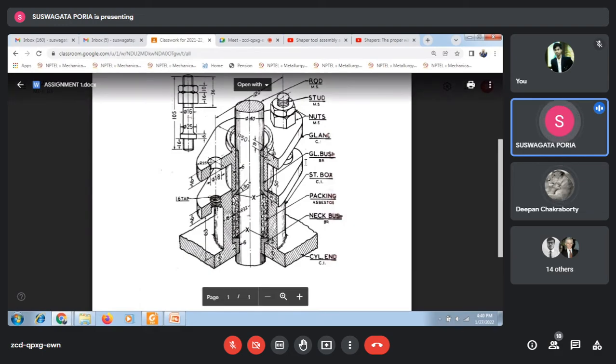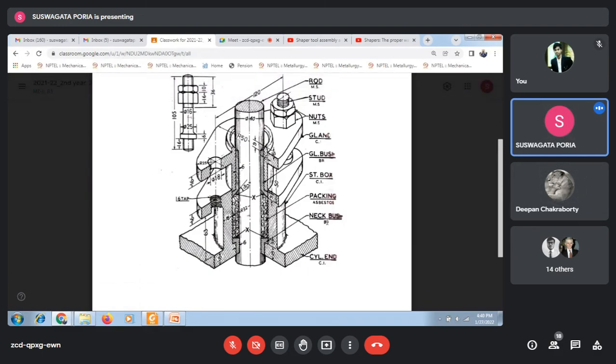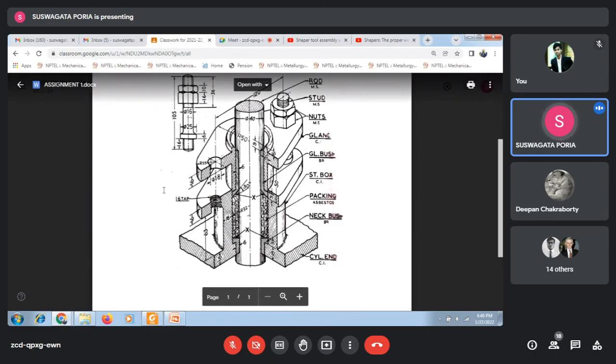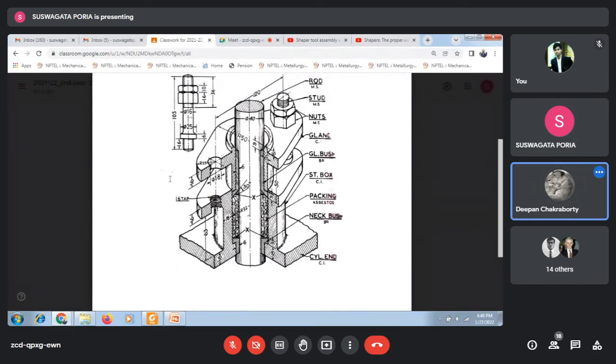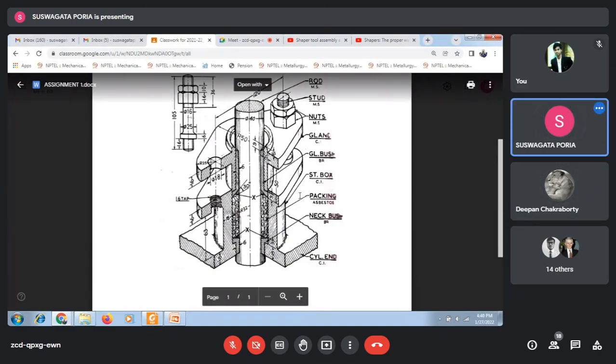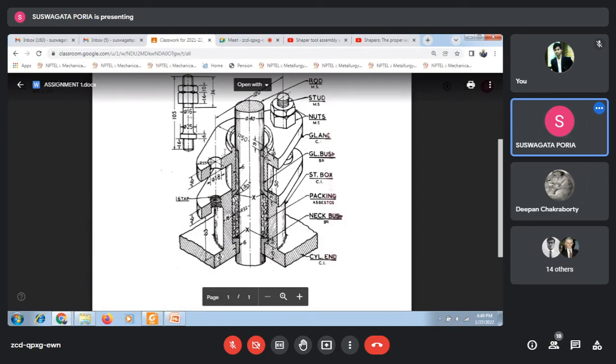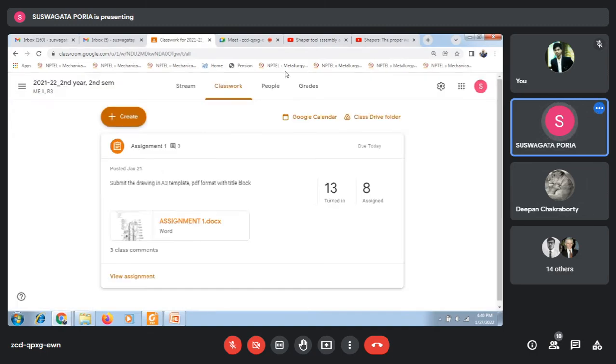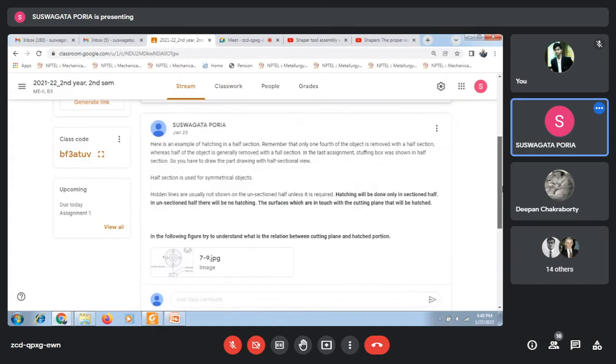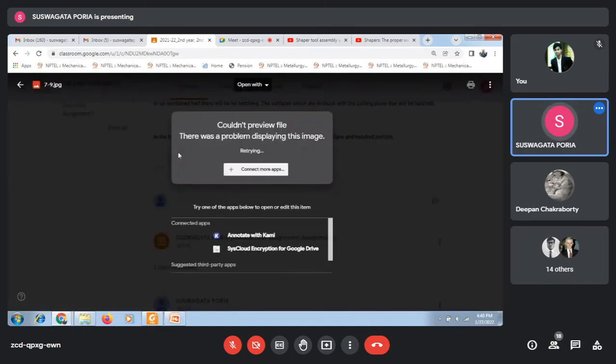কারণ এখানে তো কোনো কাটিং প্লেন নেই। তাহলে তুমি যখন পার্ট ড্রয়িং করবে তখন এই দিকের পোর্শনটা হ্যাচড হবে, এদিকের পোর্শনটা হ্যাচড হবে না। বুঝতে পেরেছো কী বললাম? এদিকটা তুমি কাট করোনি, এদিকটা অ্যাজ ইট ইজ আছে, তাহলে এদিকের পোর্শনে হ্যাচিং হবে না, এই দিকের পোর্শনটাতে হ্যাচিং হবে। এই জন্য আমি এই ছবিটা তোমার ক্লাসরুমে দিয়েছিলাম, এটা রিলেট করানোর জন্য।